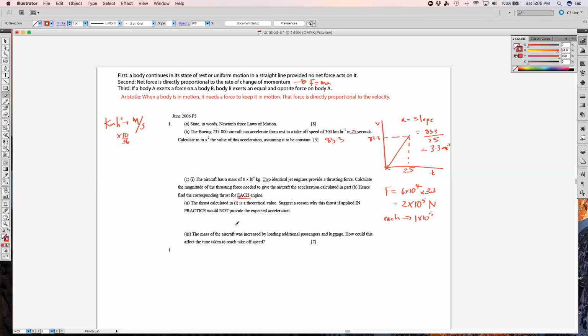Good. The thrust calculated in 1 is a theoretical value. Suggest a reason why, if this thrust is applied in practice, it would not provide the expected acceleration. Well, what we're forgetting about in this calculation is air resistance. The first calculation, part 1, is theoretical, so if this thrust is applied in practice it will not provide the expected acceleration. Because